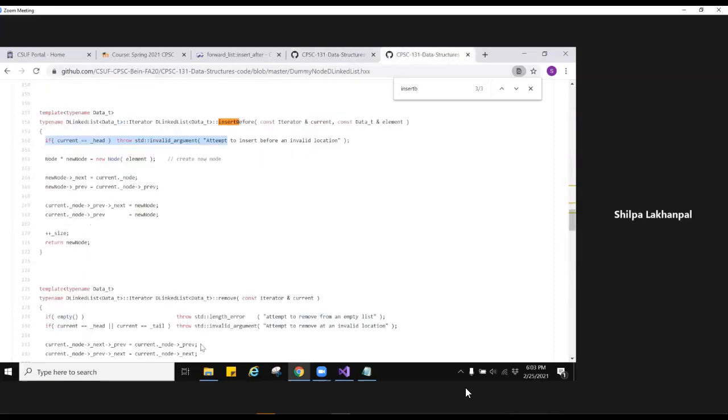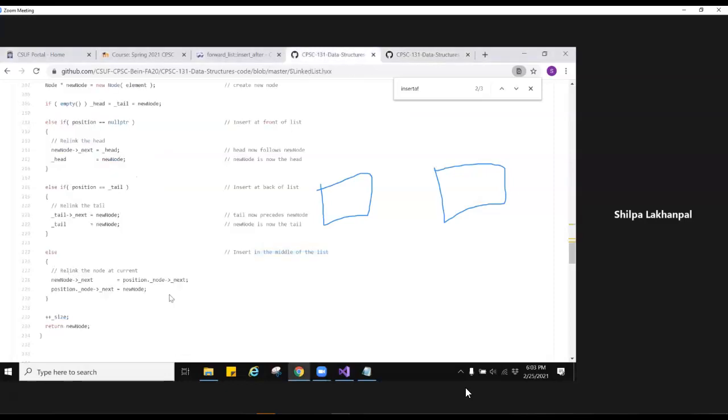Why? Because those two dummy nodes basically treat every situation as being this one case of inserting anywhere in the middle, because in the middle means between any two nodes basically. So only one case is required.